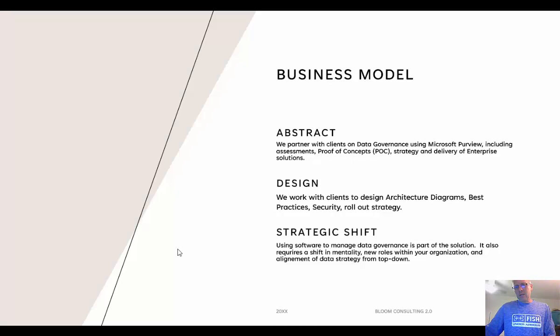So for me, I partner with clients on data governance, specifically Purview and Microsoft Unified Data Metadata Platform. I do assessments, proof of concepts, strategy, delivery. I can lead projects and deliver projects and document and train. Typically, create an architectural diagram of the before and after, best practices, security, and the rollout strategy. And I can help pretty much any organization of any size based on my